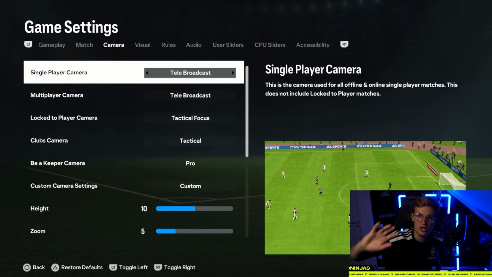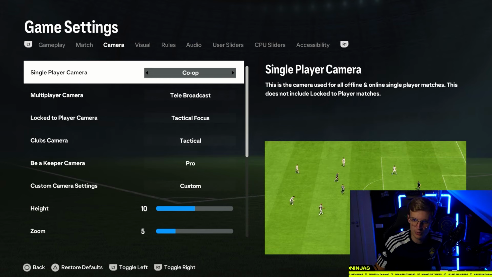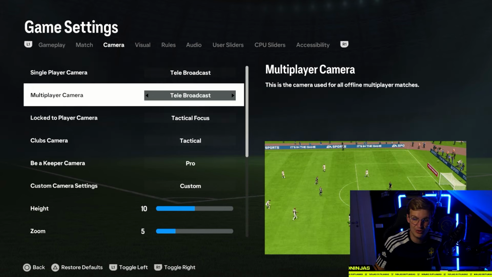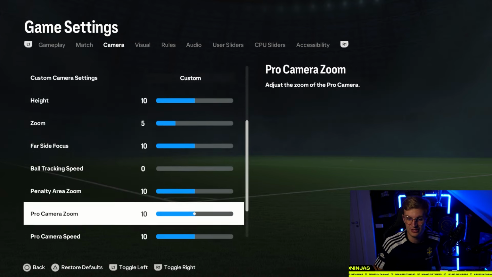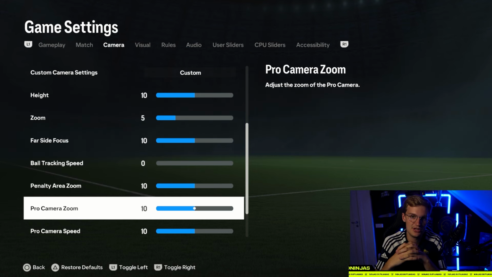But if you really want to, I could also advise you, guys, if you want to be able to see the whole pitch, if you want to have the widest camera out of them all, make sure to switch this from telebroadcast to co-op and then do 20.0. You will be able to see the whole field, and that should be 20 height, 0 zoom, and you will have an easier time going forward for sure, but I think it's very hard defending in that formation, mainly because the spaces are so wide,